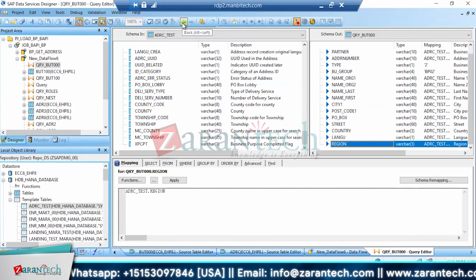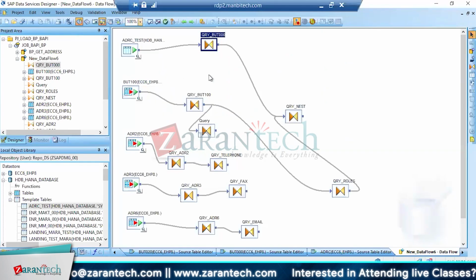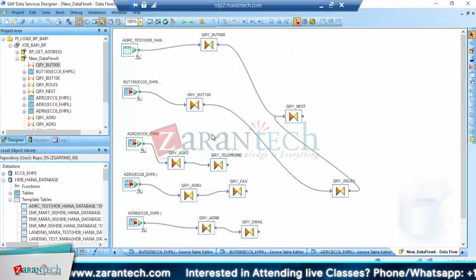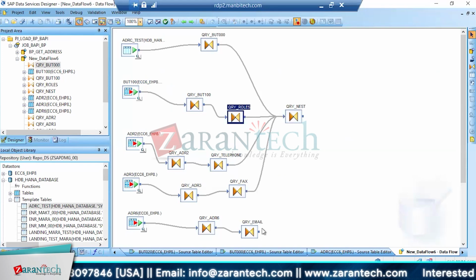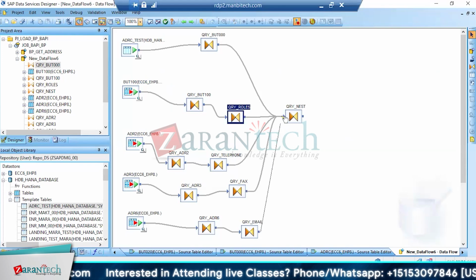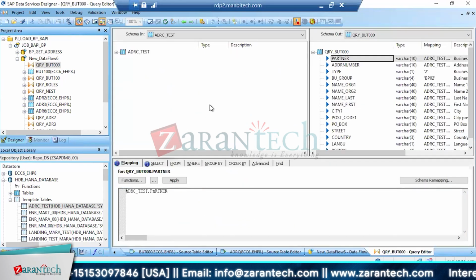That's okay. Let me do like this. Come back. Delete this. I don't need it anymore. Simply join them. Same concept as we use for IDoc. I need to tell my query nest, but I'm a little skeptical here. You know why? Because